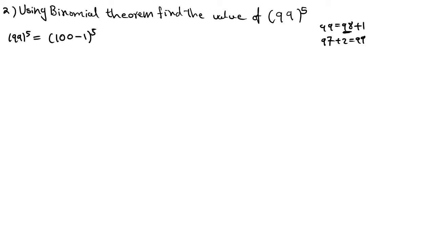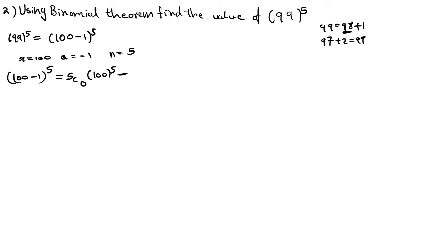So 99 to the power 5, you can write it as 100 minus 1 to the power 5. Now see, x value equal to 100, a value equal to minus 1, right? Here you can see, index n value equal to 5. Now expand 100 minus 1 to the power 5 is equal to 5C0 into 100 to the power